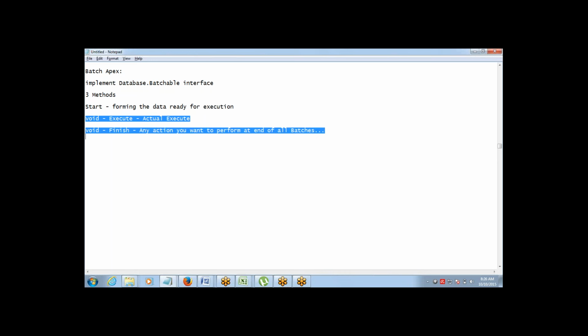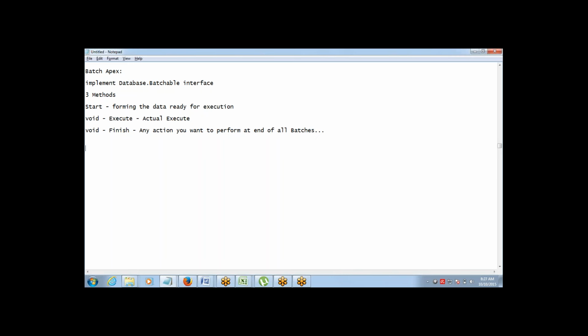Start is a non-void method, because the start method forms the batches, and that's the return type which will be taken by the execute method and executed. Got it? So start is non-void, execute and finish are void. That is how simple it is.